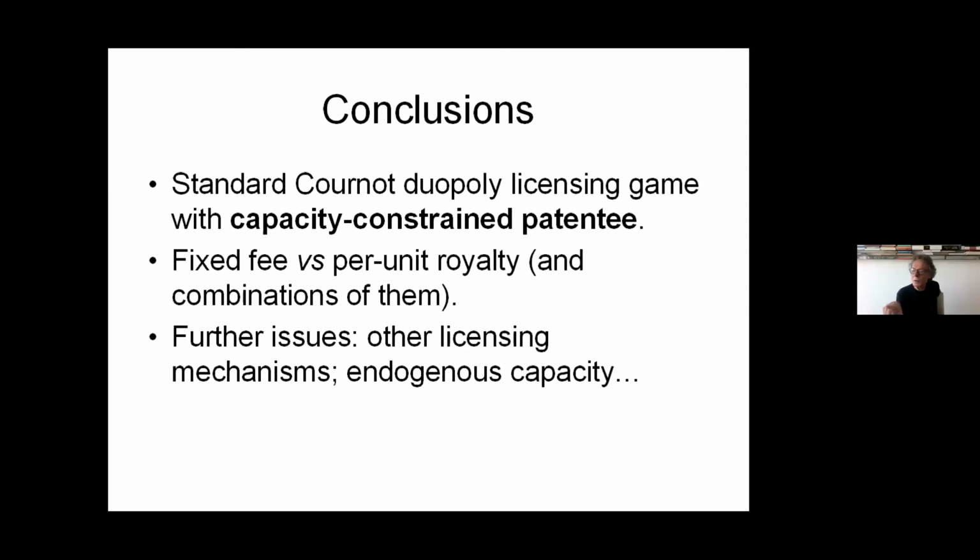Stefano, why not start with the symmetric case, where both of them have the same capacity constraint? Why make it asymmetric? Well, I think it might be more realistic, assuming that there is an asymmetric capacity constraint, because after all, we are considering two firms which are asymmetric ex ante. One is an innovator and the other is not an innovator. Assuming that they have the same capacity constraint is like saying, well, they are different because one is able to innovate, the other is not, but they have the same capacity.